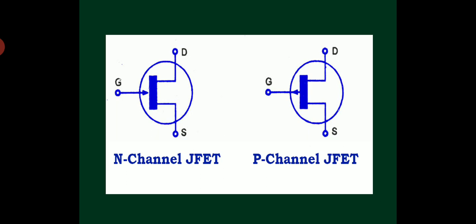Input field means the voltage which I apply between the input terminals, that is source and gate. So output current is a measure of input voltage, and output current can be controlled by varying the input field. That's why the name field effect transistor. The current through the device is controlled by the input field, so the input field has an effect on output current.